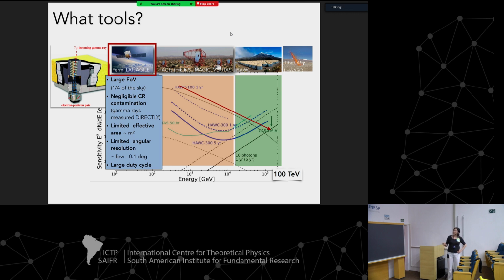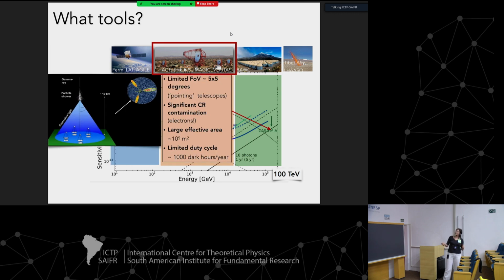important. But of course, it has limited effective area because you cannot send huge things in space. So this is just 1 meter cube. You cannot do much more than that. And it has a bit limited angular resolution. For imaging Cherenkov telescopes, you have huge effective area, you have quite good angular resolution, but you have limited field of view. Again, this is not ideal for dark matter searches,